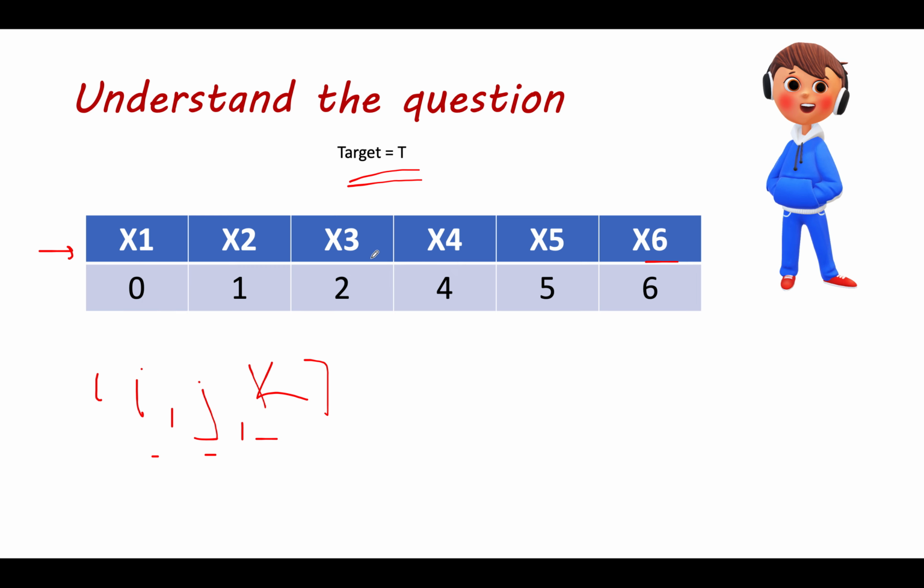The time complexity for this approach is order of n cube. Can we improvise it? The answer is yes. And to what complexity can we improvise? We can improvise to order of n square complexity. How can we do that? It's exactly the same as I told in 3 sum, 4 sum, and I'm again repeating it here.